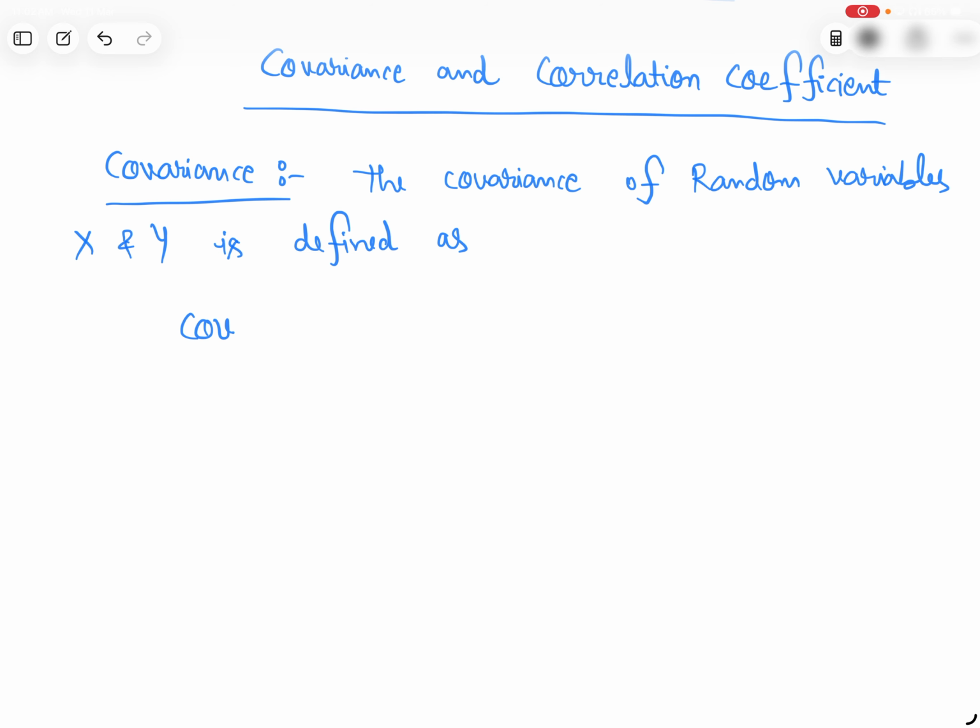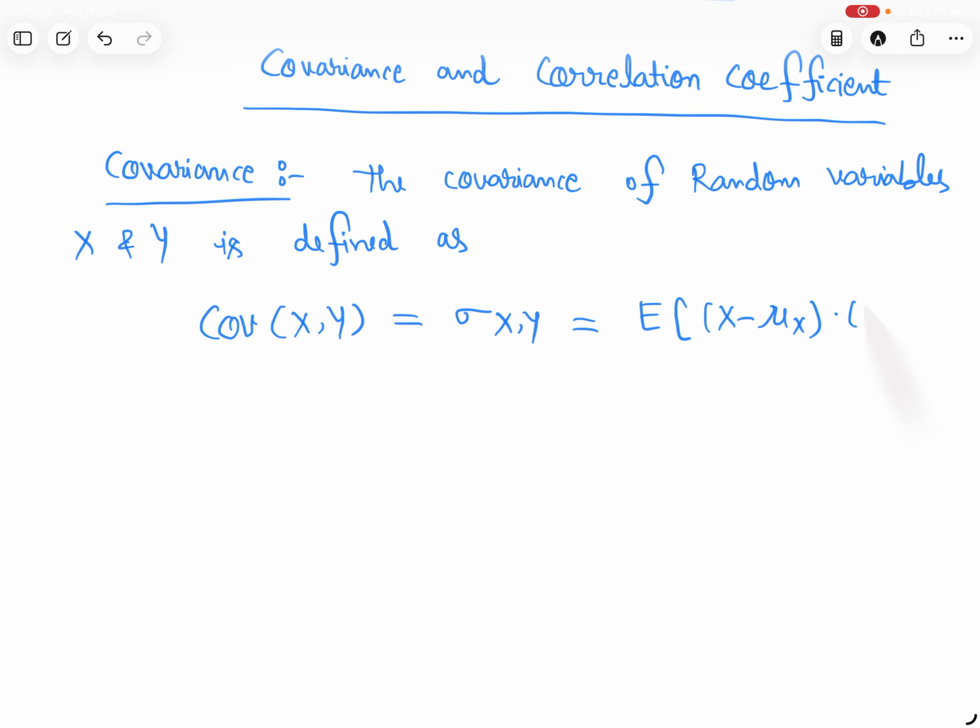We will write it COV xy is equal to, it is denoted by sigma xy. It is nothing but expectation of x minus mu x, into y minus mu y,